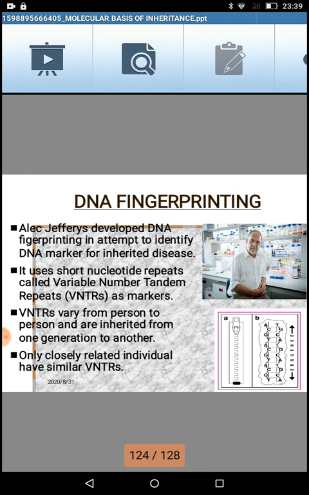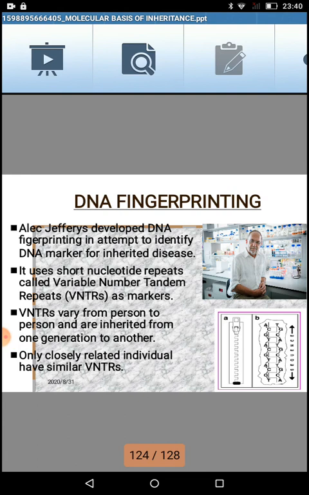First, this DNA fingerprinting was developed by a scientist called Alec Jeffreys, and it was done in 1985. And the technique or the part which was used by Alec Jeffreys was VNTRs. We call them variable number tandem repeats. Before we go into a detailed understanding of what VNTRs are and how the process happens in this DNA technology, let's understand